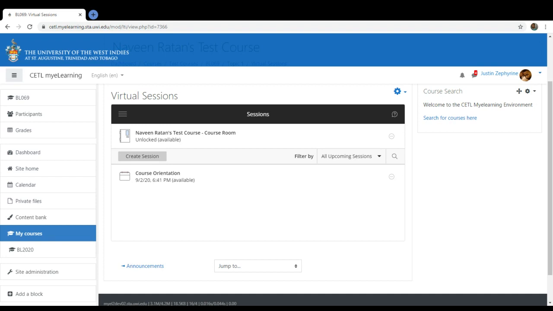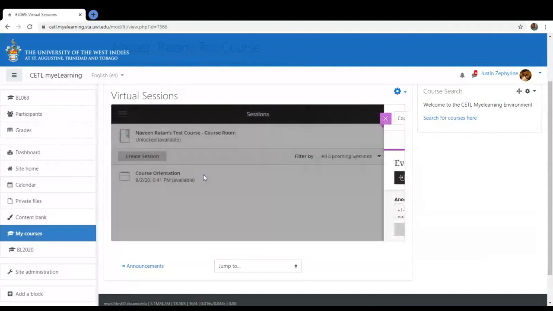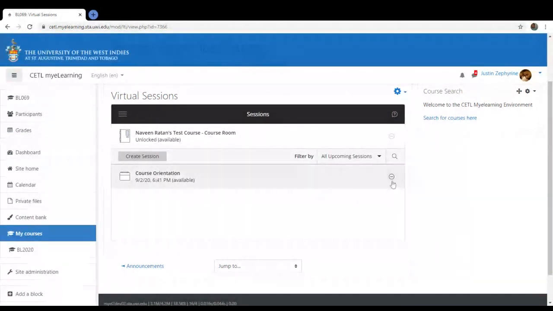Now you don't have to do this part here, guys, but I'm just showing you where to go when you need to access your room. Let's say your session is about to start or has started and you want to enter the room. You're not going to click on this part, because it's going to open up the settings. You don't want that. You would see, in a very faded way, on the right side, a circle with three dots, like an ellipsis, in it.